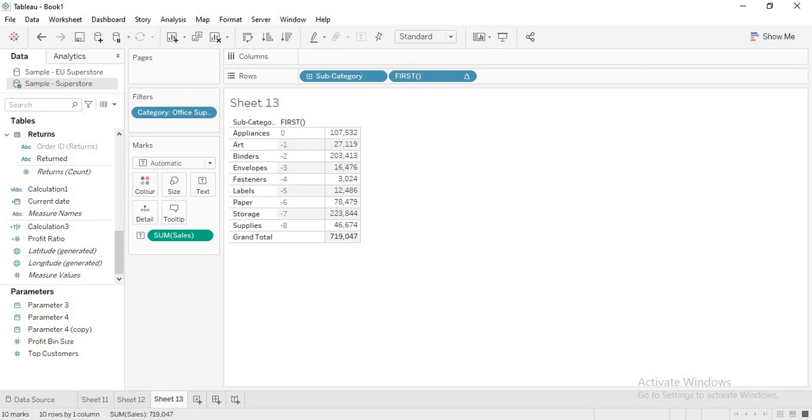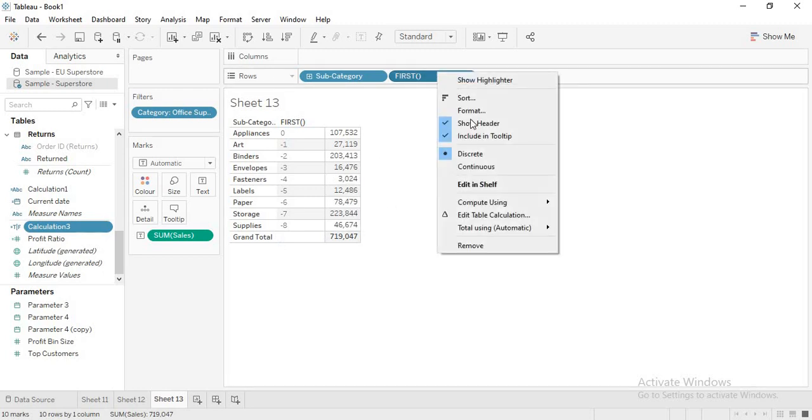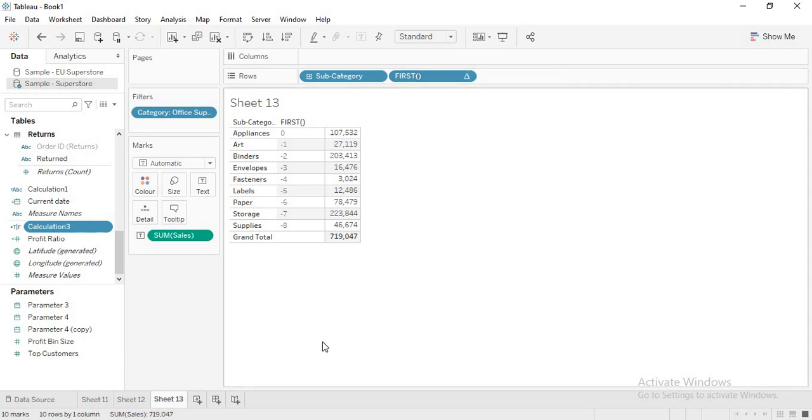That is the reason any field that contains a table calculation, when you right click, will not have convert to dimension. You will only have convert to discrete. Here, if you see, I can only convert this to discrete, but I cannot convert it into a dimension, because dimensions are permanent members. But any table calculation is fickle. It will not stay the same. That is why you cannot convert it into a dimension, and again you cannot use them in an LOD.